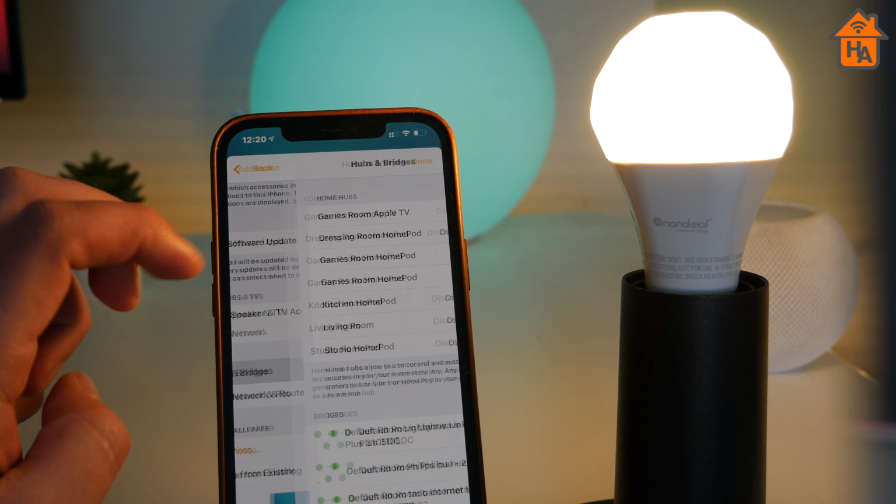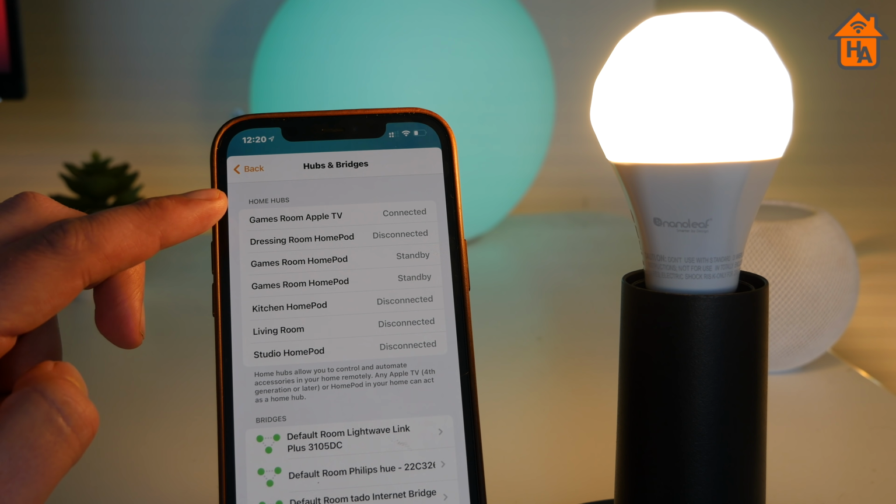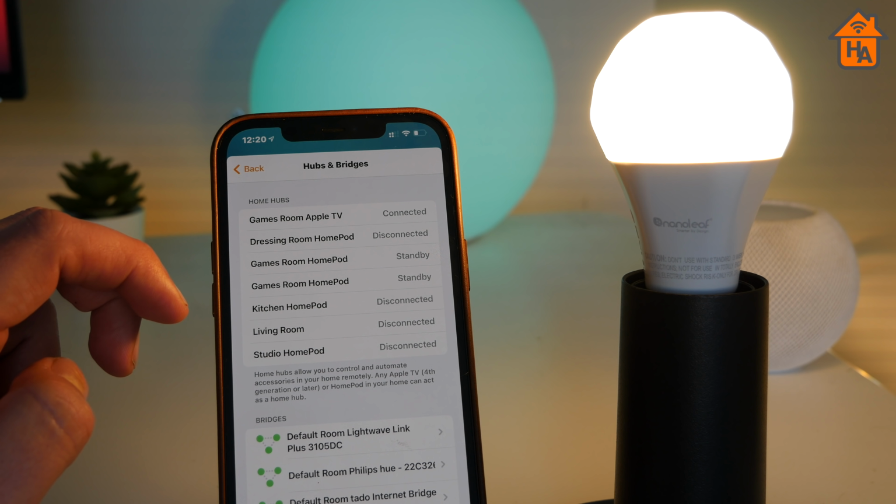I did find in my testing that when I just had one Nanoleaf bulb connected and I turned off the HomePod Mini, the Nanoleaf light was unavailable altogether in the Home app, and it didn't reconnect via Bluetooth to either my full-size HomePods or my two Apple TV hubs in my home. So if you don't have a HomePod Mini in your home, then Bluetooth provides the same features both through the